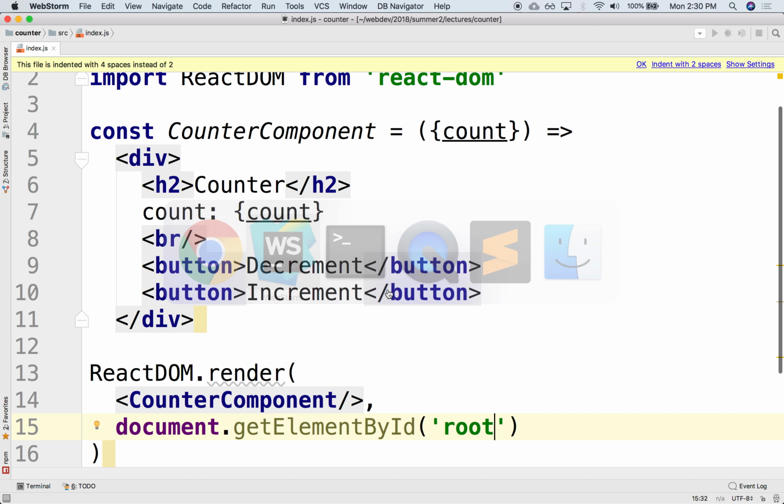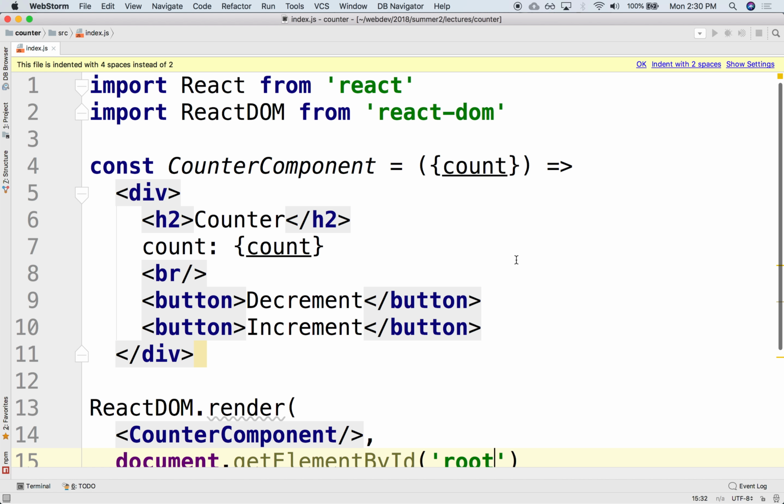Okay. Since we know that this is going to be a Redux component, right? It's receiving the state from outside. It doesn't know what it is. But also, it's going to notify some reducer that these 2 events have occurred. Right? So presumably, there'll be functions that it needs to call,